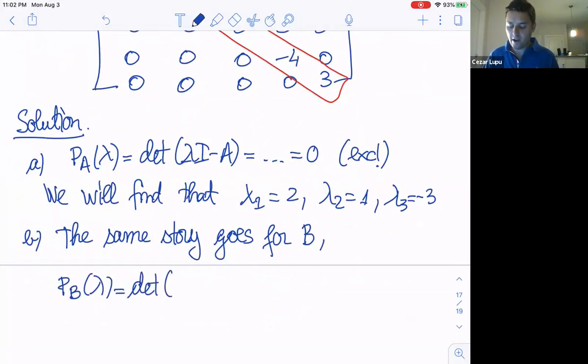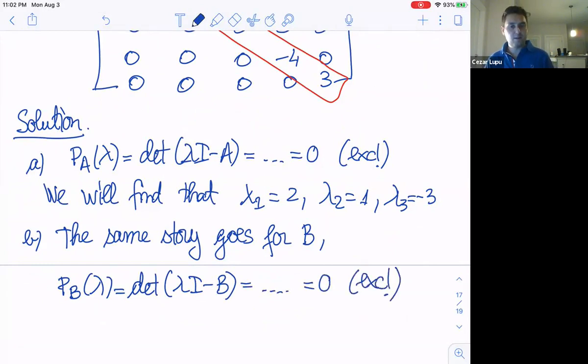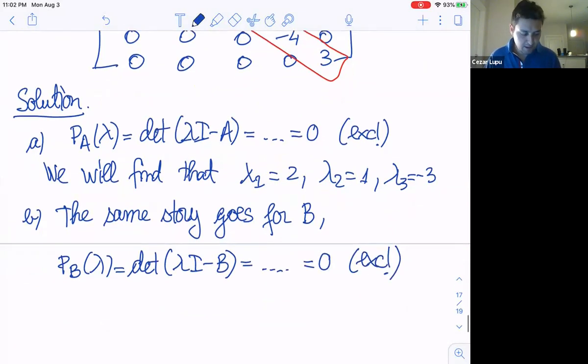This time it will be a 5 by 5, lambda times the identity minus B. And again, I'll leave it to you as an exercise to do it the hard way, but I'm just going to tell you that the eigenvalues, we will find that